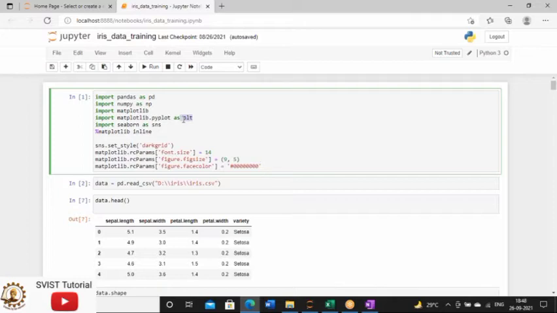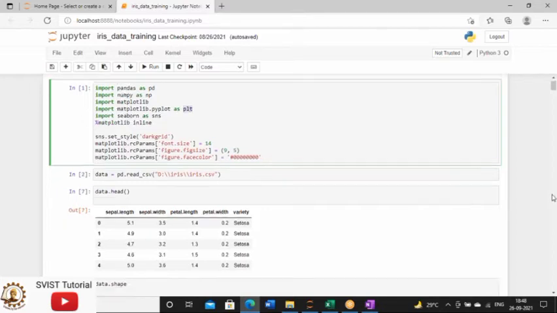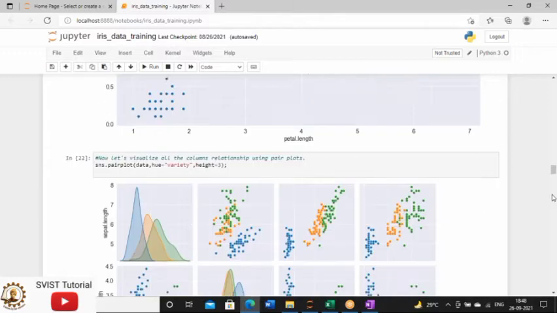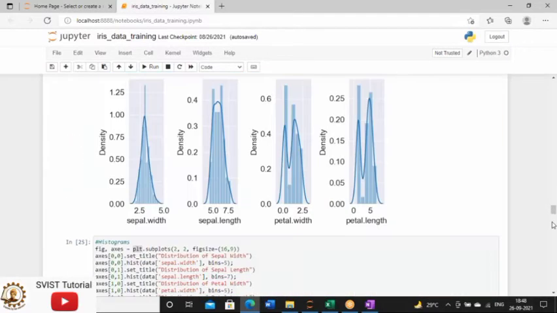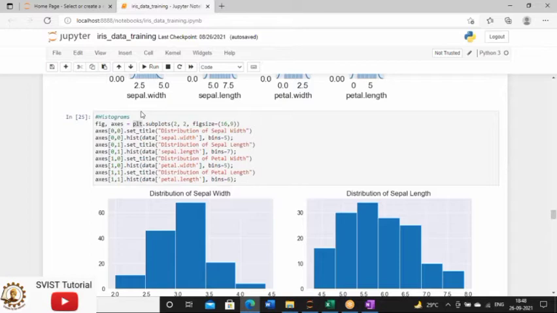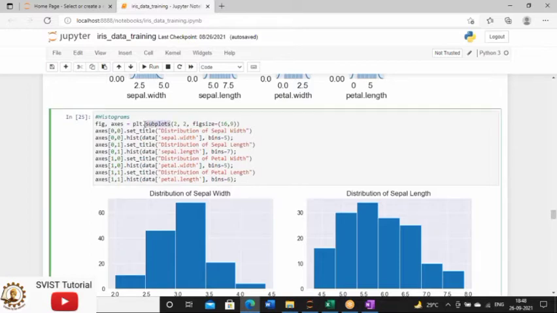For today's histogram plot, yesterday we were using sns, the alias for seaborn, but today we are using plt. This you have to remember and keep in your mind: for histogram plotting, which alias to use, and for correlation plotting, which alias to use. The alias differs plot-wise. So here I'm just using this alias plt, and then I am using one function which is known as subplots.